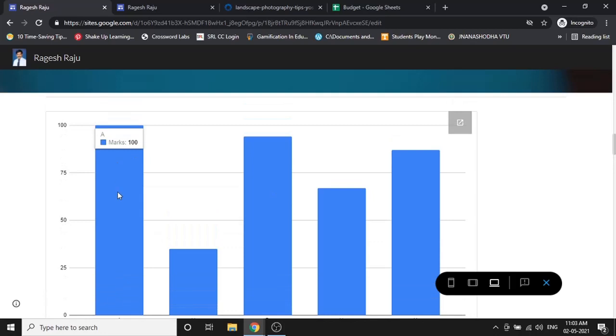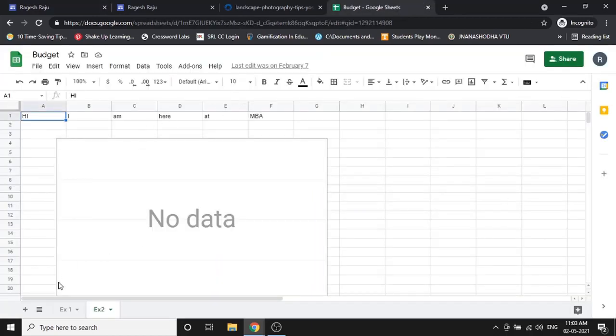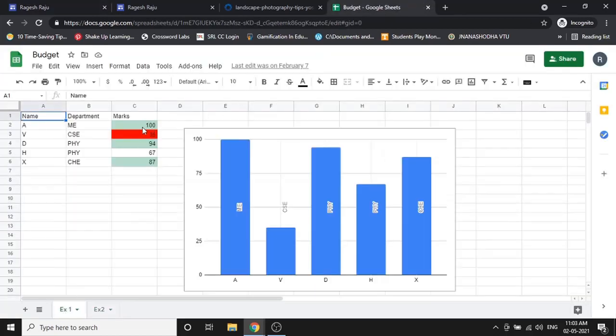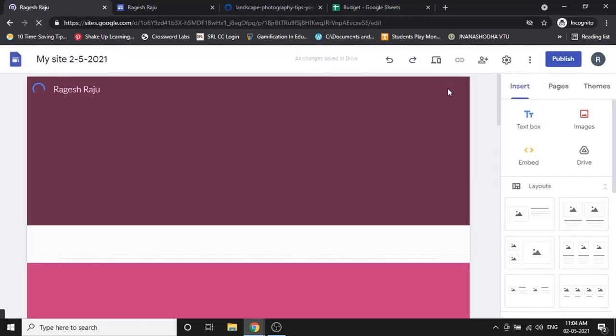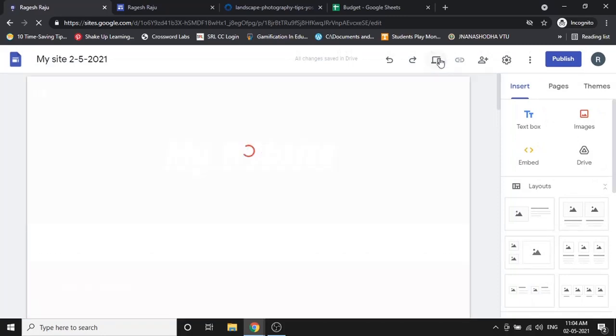When I click on this chart, you can see the marks. A is having 100 marks, B is having 35, D is 94, like that will be displayed there. Not only this, if you are going to change some values here, so A's mark, I am going to change it to 50. This chart gets changed here. At the same time it will get reflected here also. Sorry, I go to the preview option.